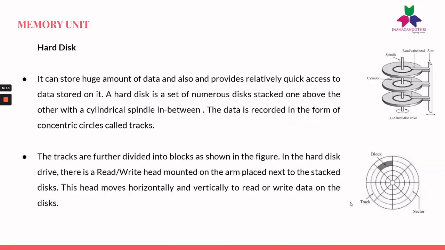Moving on to the next slide. Hard disk. So what is a hard disk? The hard disk is the most commonly used secondary storage device that we can find. It is usually fixed inside the CPU cabinet, but as mentioned earlier, there are external hard disks too, which can be connected to the PC so that data transfer takes place and data can be stored in the external hard disk as well.